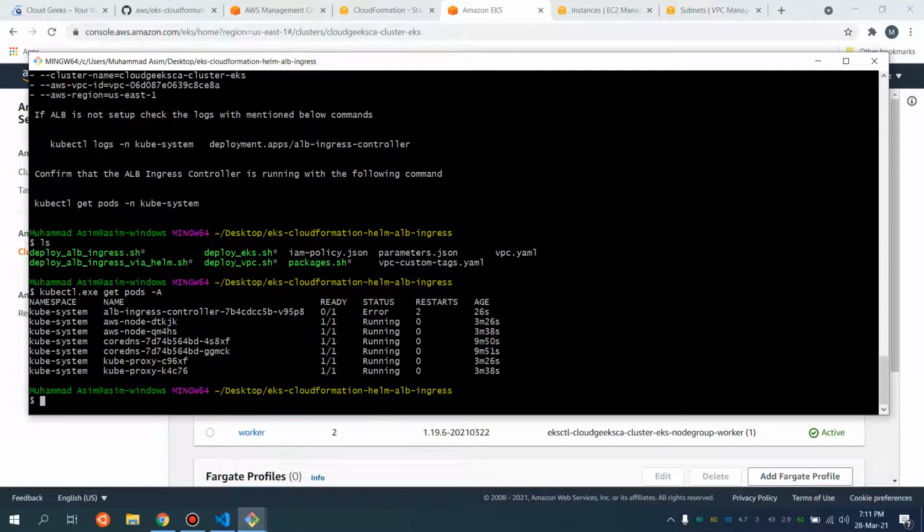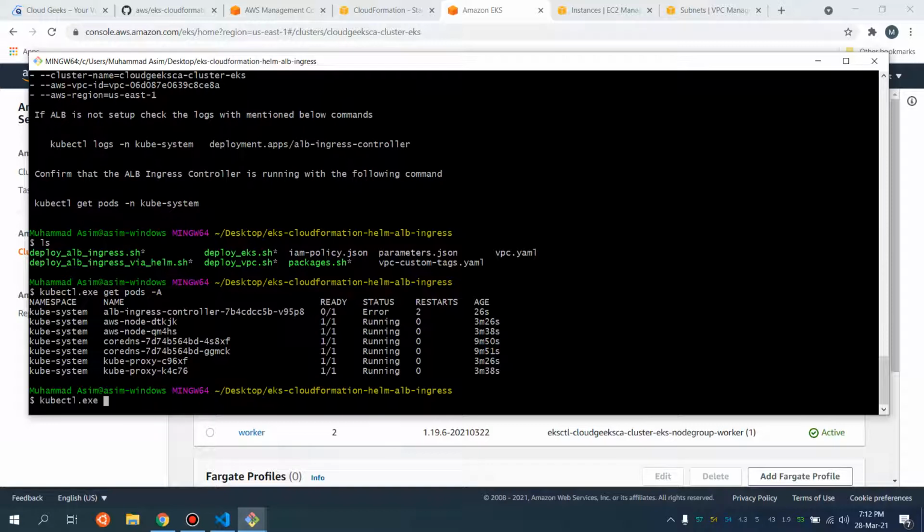From that particular script I don't have relevant permissions. So I'm going to use the Helm script. The script I ran is not via Helm. That particular script I've already shown you in my previous video. So you need more privileges.